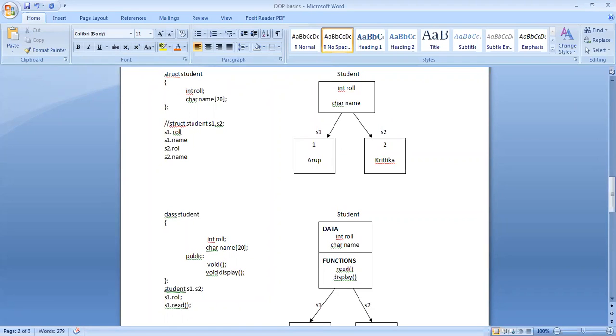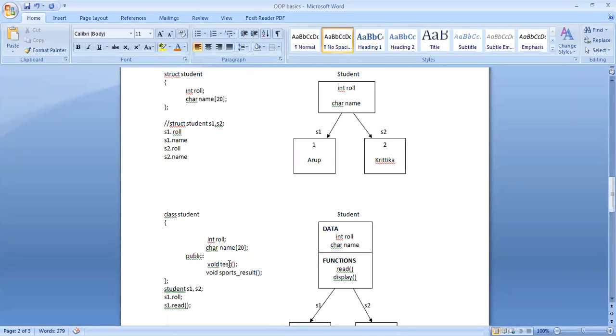Let me give it this way. So you have test, then you have sports result. So these can be some of the functions that can be associated with a student.